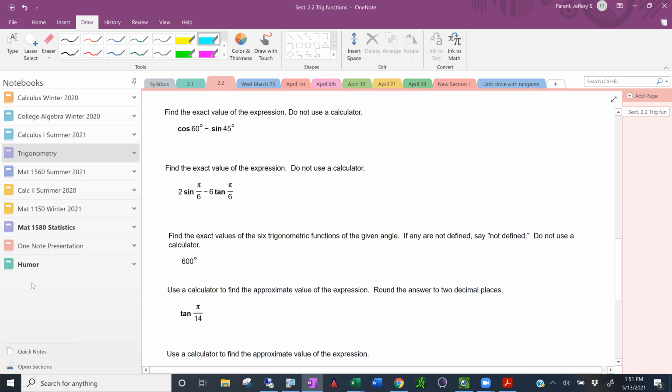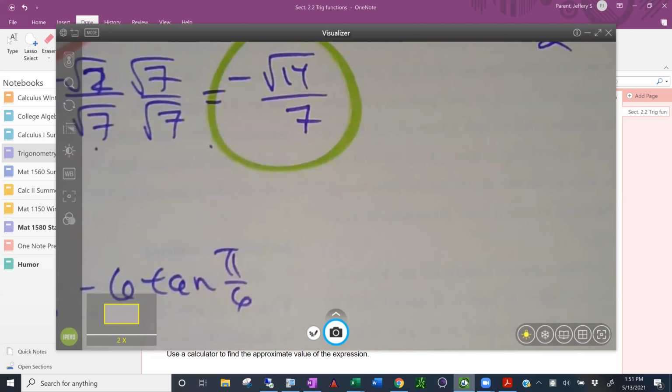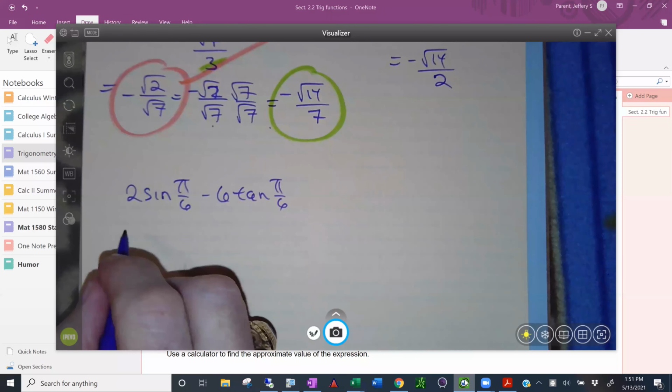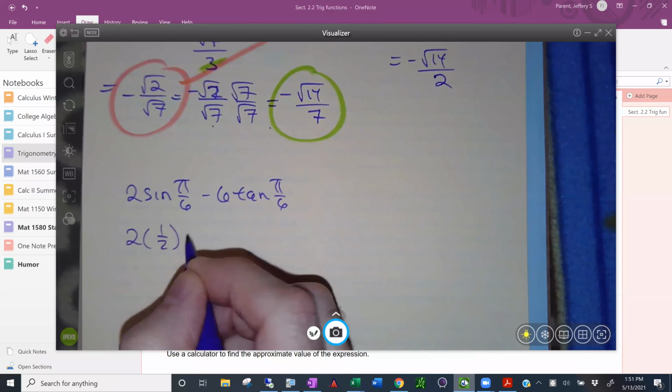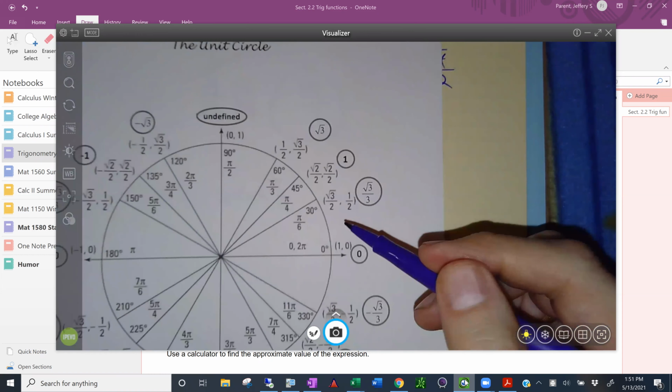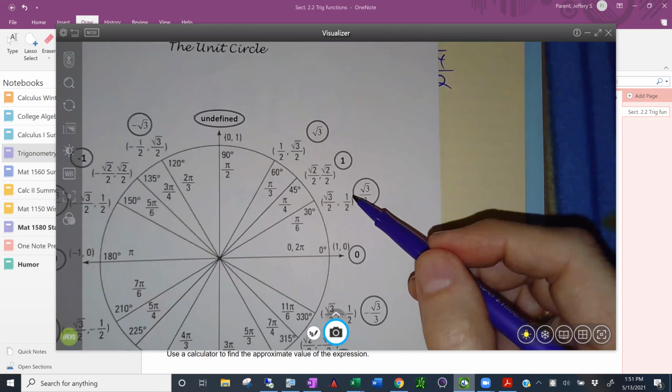So we want 2 times the sine of pi over 6 minus 6 times the tangent of pi over 6. So that's going to be 2 times the sine of pi over 6, which is going to be your y coordinate. So it's going to be 1/2